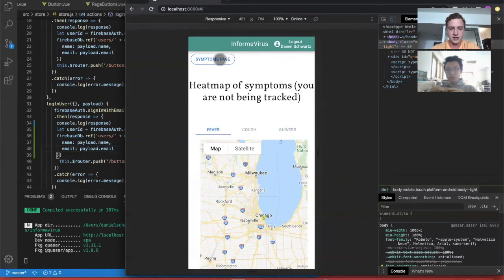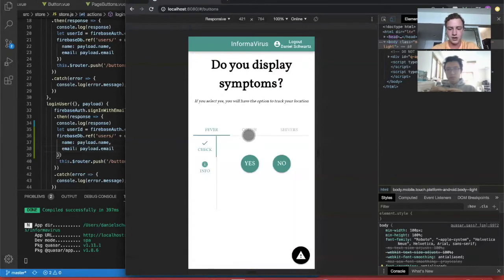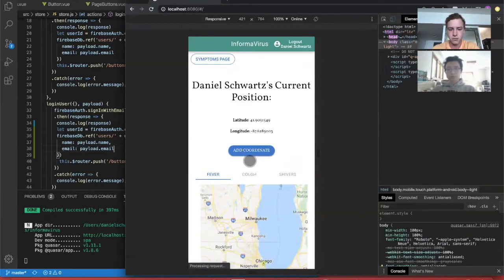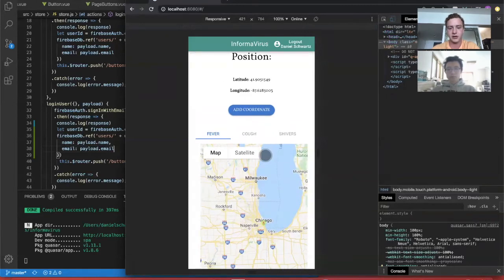But if I go back to the symptoms page, and John will do this too. He lives in Palatine, which is up north, so you can see his points being plotted up there. If I click, let's say, no, yes, yes, and it's not currently tracking me because I'm not moving around, so I'll just manually do that for you by add coordinate. So we still see hotspots right there, just for fever, and we saw John's added up in Palatine